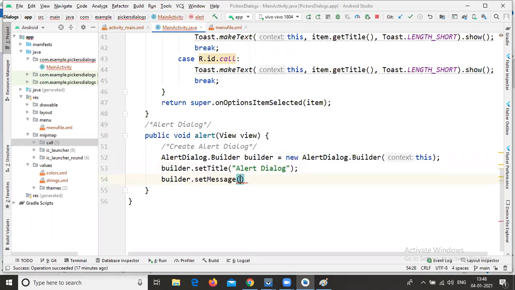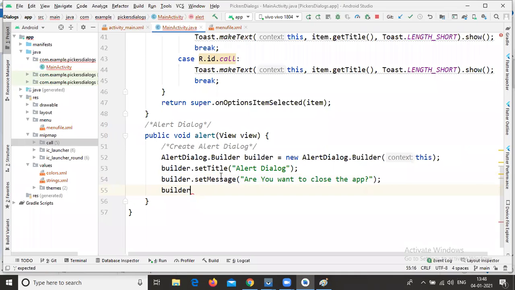Here I'm writing the message: do you want to close the app? So builder dot set title, builder dot set message. These two parameters are completed.